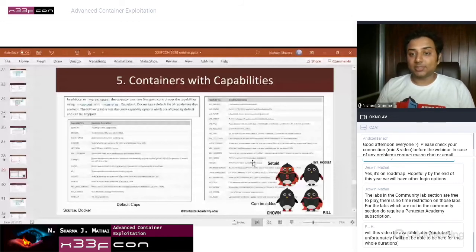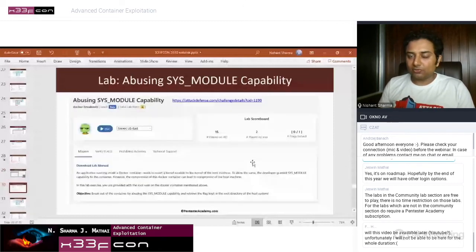But now the problem is some of these capabilities are so potent and so powerful that if your container is compromised, the attacker can leverage these capabilities to break out of the container, and that is what we are going to see now. So this is the scenario. Suppose you are running something in the container which needs to monitor something happening at the kernel level. To do that, the application developers have created their own kernel module and packaged it inside the Docker container. So when you pull the Docker image, that application, the web interface, if it has one, and the kernel module for it also come as a part of the Docker image. And when you are going to run it,